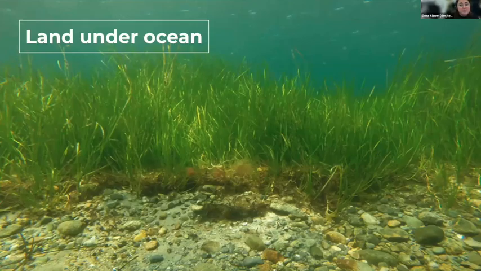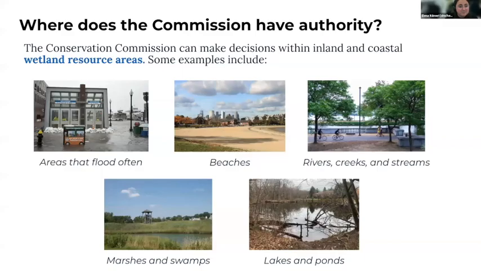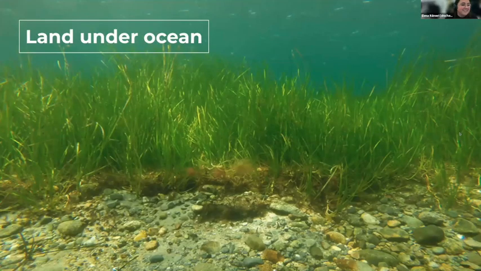So I'm going to go over a few examples of areas that are within the jurisdiction of the Conservation Commission. The first one that we have here is land under ocean, which is exactly as its name implies, the land under the ocean. So in cases where somebody might be building a new pier or a new dock, the commission is taking into account how this work and the structure being proposed might cause changes to the ecosystem that exists on the ocean floor.